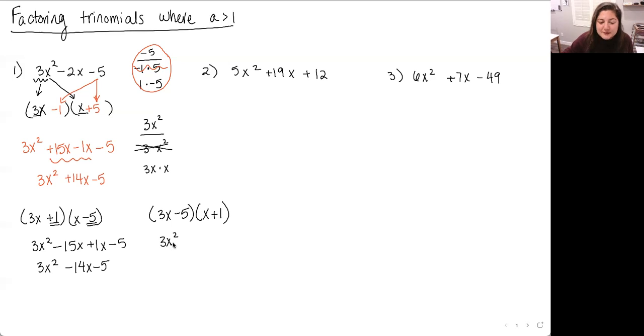So 3x times x is 3x squared. 3x times 1 is plus 3x. -5 times x is -5x. -5 times 1 is -5. Again, I know that this is always going to be -5, and I know that this is always going to be 3x squared. It's these two that I'm really concerned with, because those two are the ones that are going to give me this